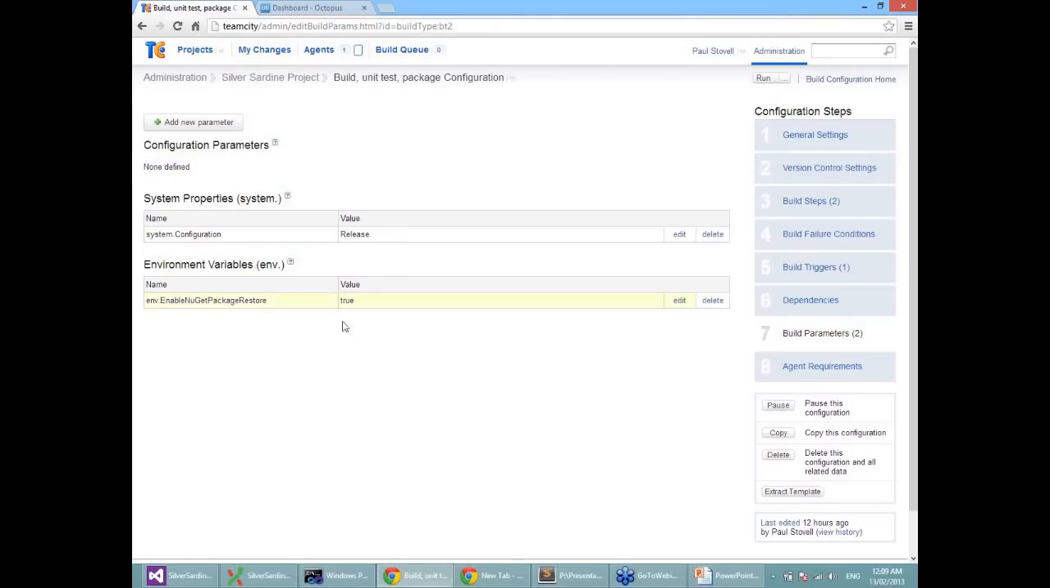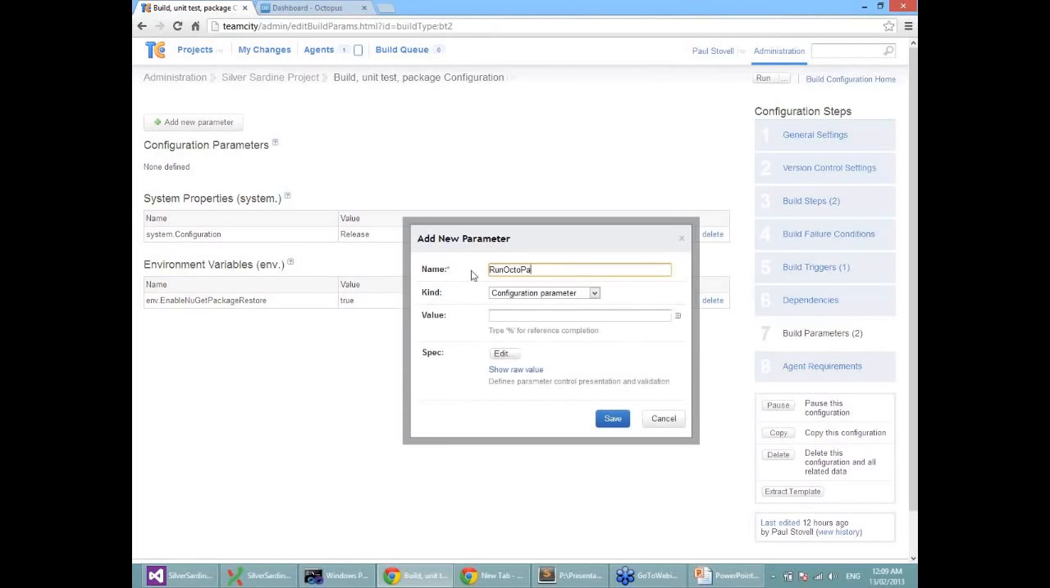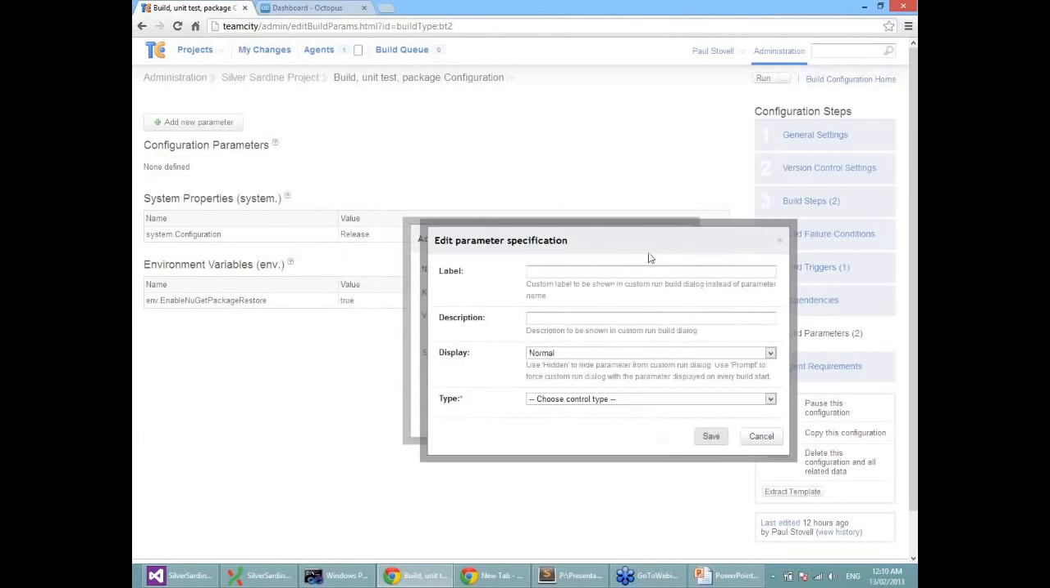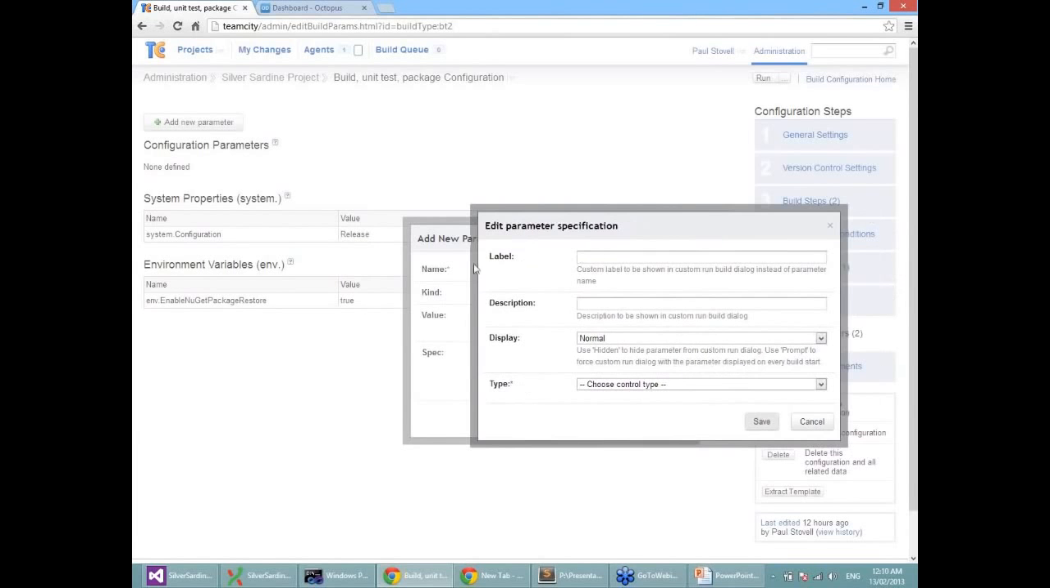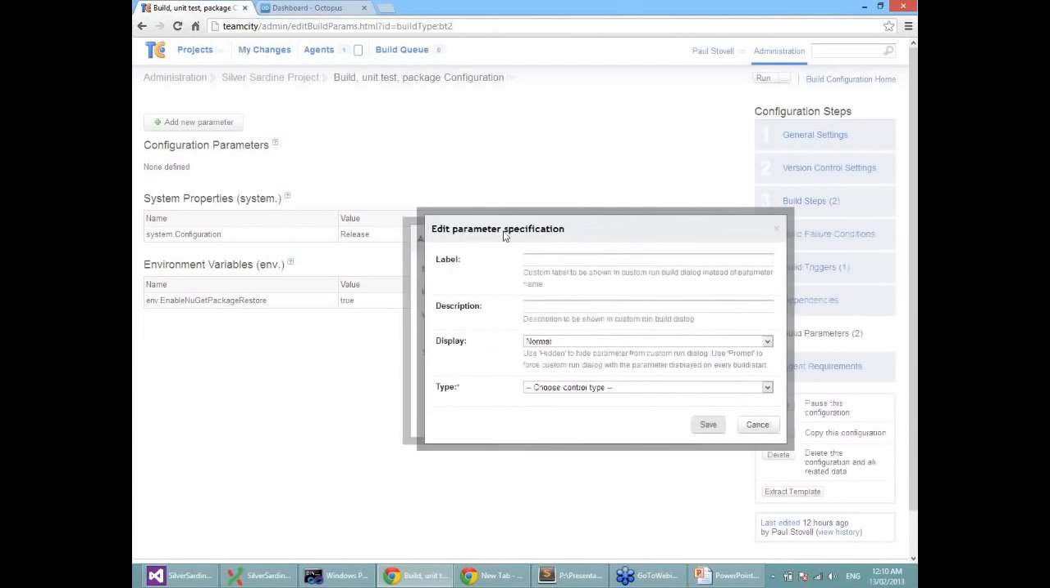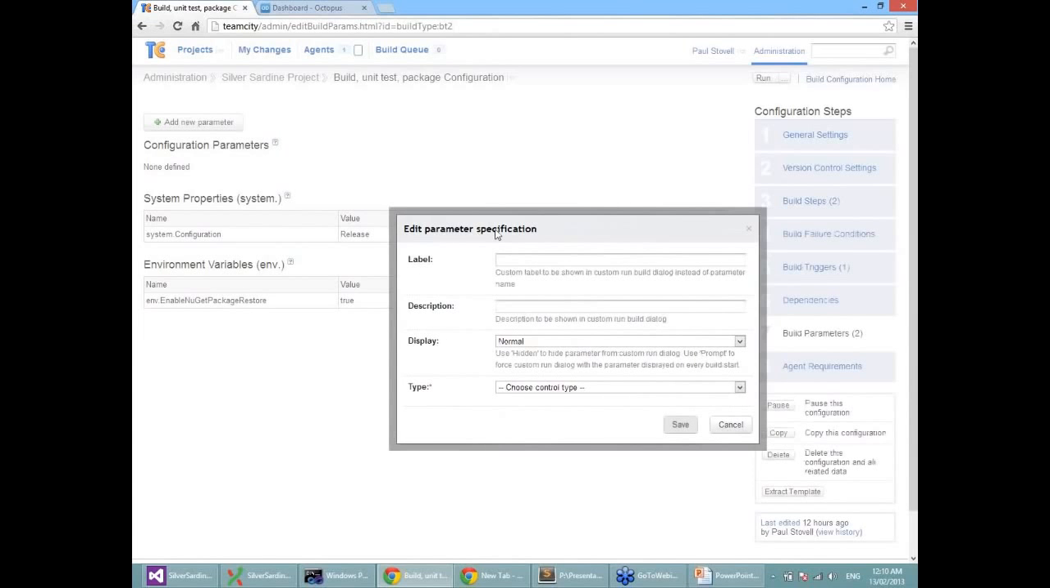So what I'm going to do is add a couple more build parameters here. The first one will be called run octopack, and that's going to be a system parameter to allow it to be passed through to msbuild, and it'll have a default value of true. I'll also go and edit this, so if you're not familiar with these parameters in TeamCity, by default these values will be used and that'll be passed to msbuild, but when users run a build custom, for example not from a trigger but they manually click run, this information can appear in a dialog and just make it a bit more friendly to them. So I'll call this create package,